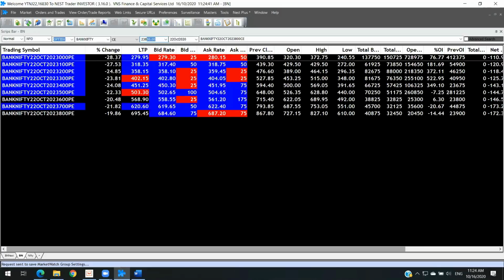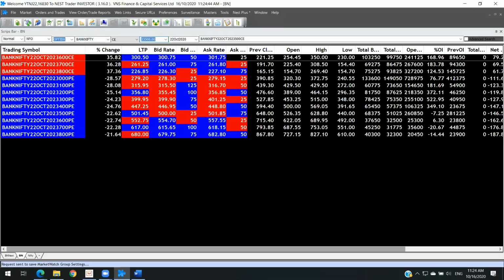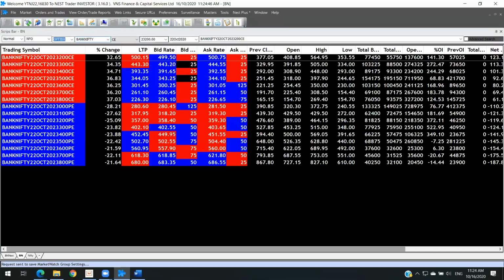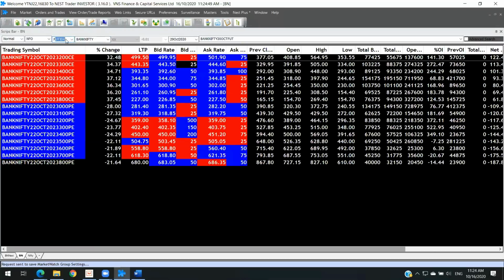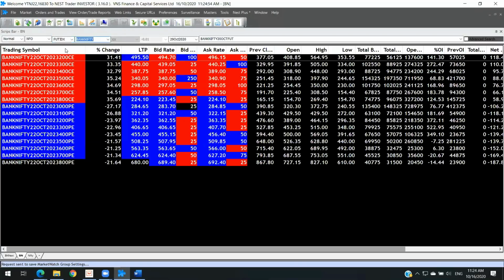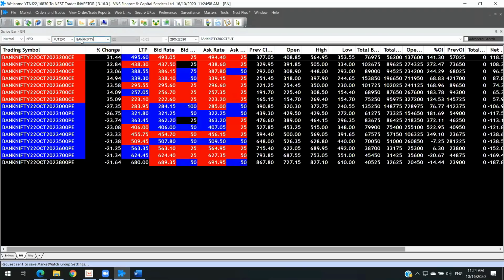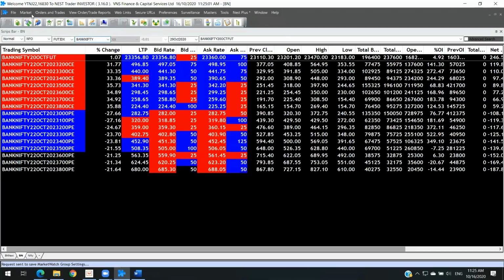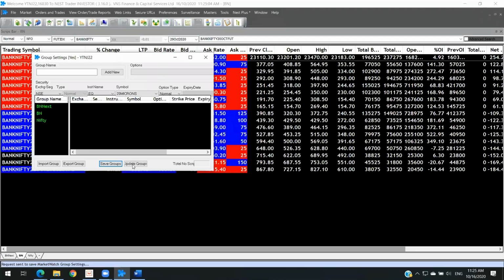So first here, again, I will start from the higher end up to 23,200. I've added it. Then I wanted the future price also to be displayed. So I go to future IDX. Here again, you will be able to see only Nifty or Bank Nifty. For this particular page, I wanted Bank Nifty. I add that. Why are we adding this? Because that will be easy for me to do the monthly, like a weekly expiry on a particular page, separate page. Okay.